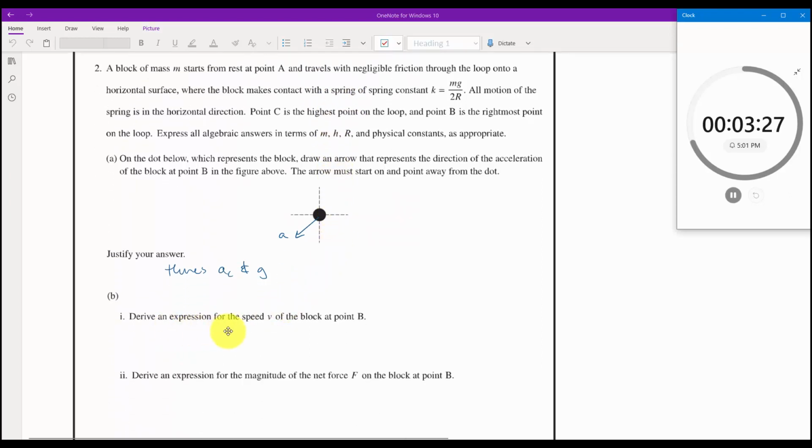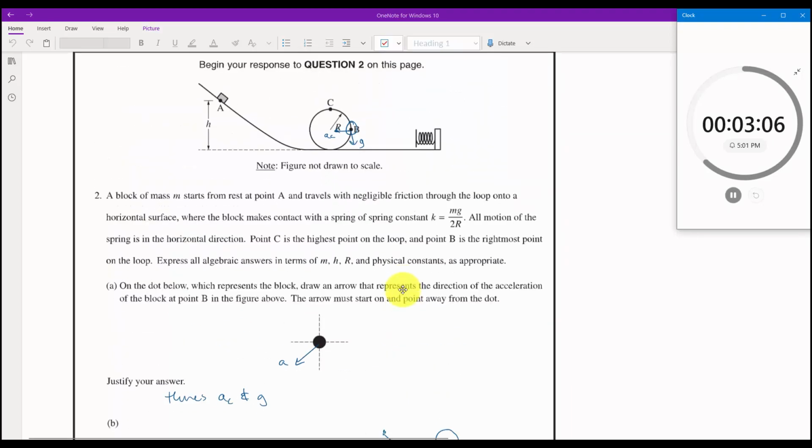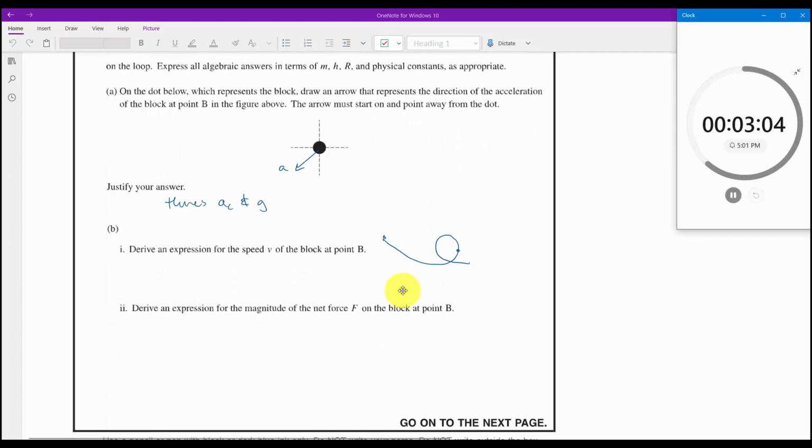Derive an expression for the speed v of the block at point B. So how fast is it going at point B? This is conservation of energy. At point B, it's gone down a ramp. It's not all the way to the top, it's halfway up, right? So we have the initial point, and so we would have initial height. How do they label it? It's lowercase h. So we'd have U_G initial is going to turn into U_G final plus some kinetic energy final